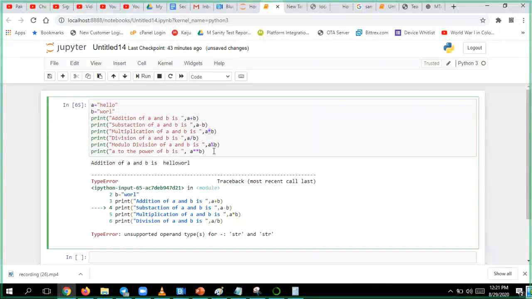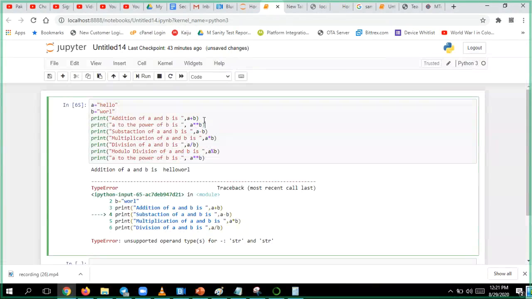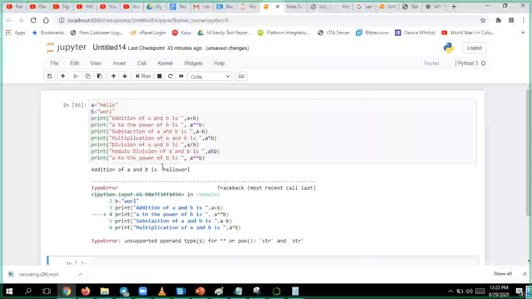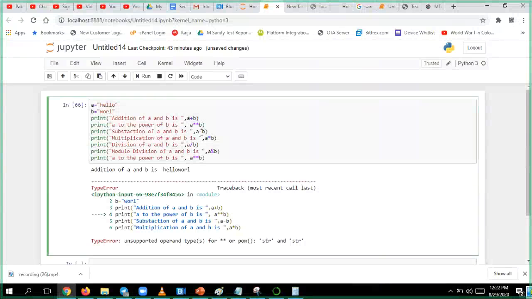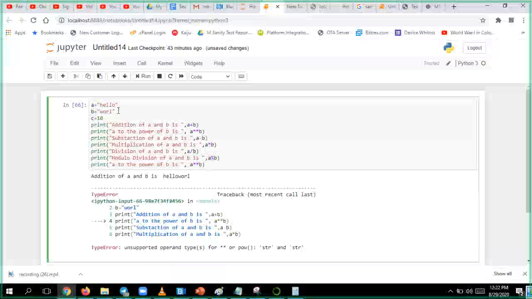Let me copy this and paste it over here and show you something. Now a is equal to hello, b is equal to world. If I run it, it gives only the first value. Then c is equal to 10. Remember this very carefully: c is some number I have kept, and I am trying a to the power of c.